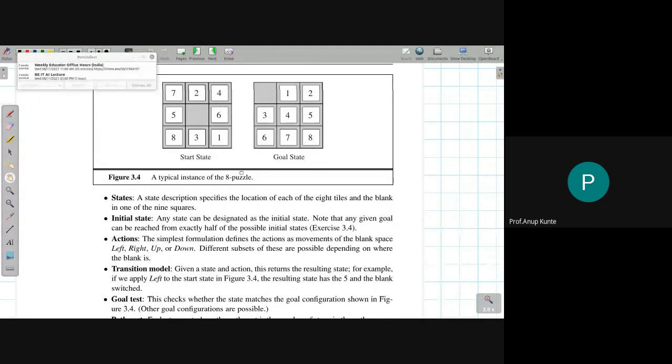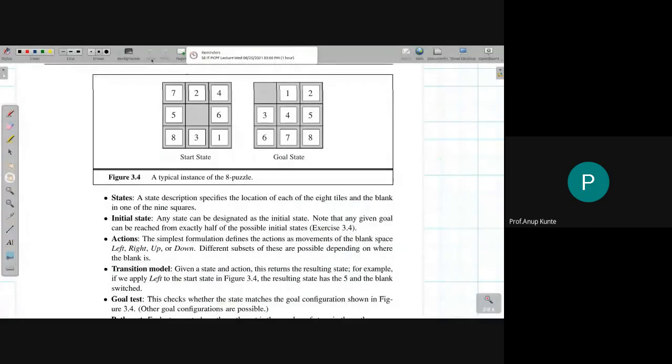Now this is an 8 puzzle problem. Okay, I have another lecture, so 10 minutes are there. Quickly we'll understand what this is. So this is an 8 puzzle problem. You might know this puzzle or you might not know. It is generally referred to as a shuffle puzzle, wherein you have a grid of 9 cells. You have 8 numbers starting from 1 to 8, and you place these numbers randomly into the grid. So this is the start state in which numbers are placed randomly in the grid.